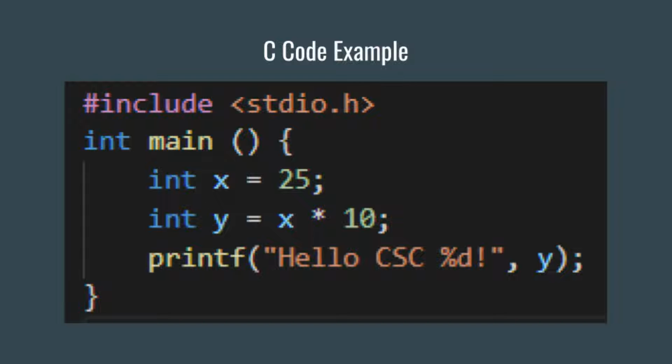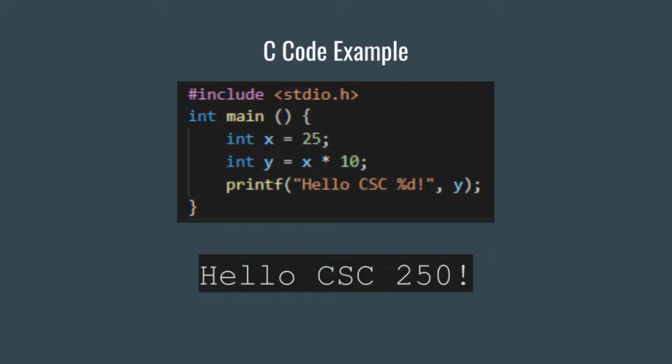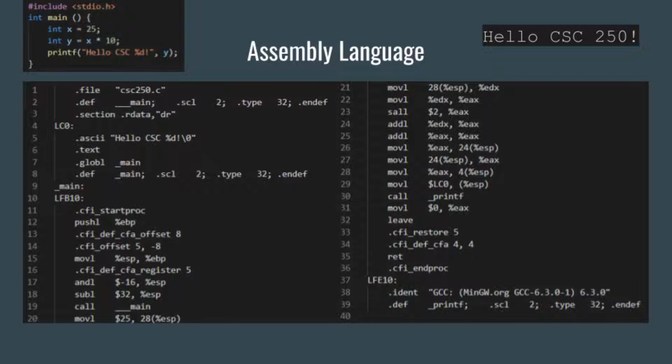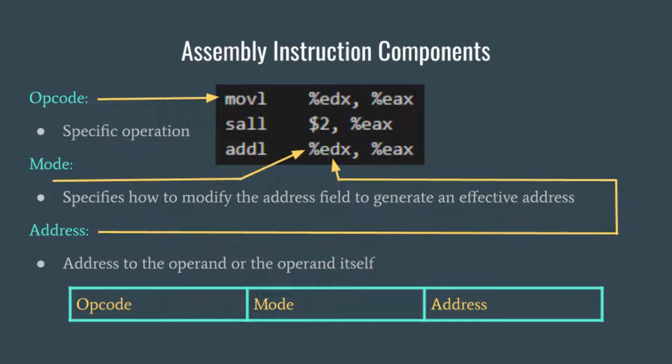Here's a very simple C program. Even if you don't know the C language, wager a guess at the output of the program. If you said hello CSC 250, that's correct. Compiling that 6-line C program with the S flag gives us 39 lines of the underlying assembly code. In order to execute an operation on the central processing unit, CPU for short, you must apply an opcode, an